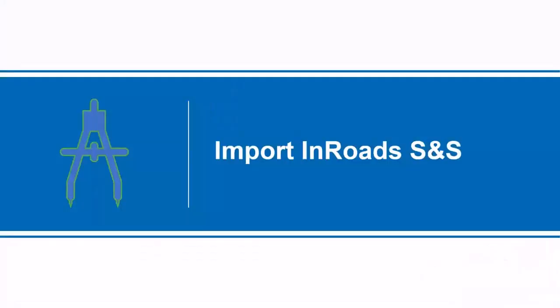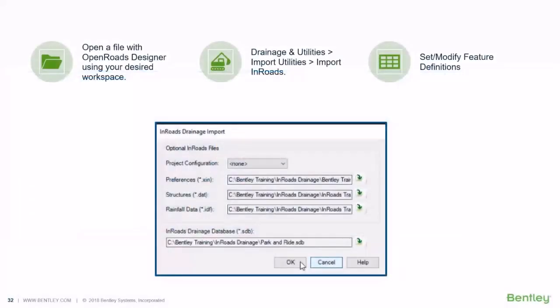The same thing is true with importing InRoads SS2. Let's say you've got some storm and sanitary data in this project, you want to bring it forward. It's actually a little bit simpler to do InRoads SS2. You just go straight into an OpenRoads Designer file using your desired workspace. Go under Drainage and Utilities, import